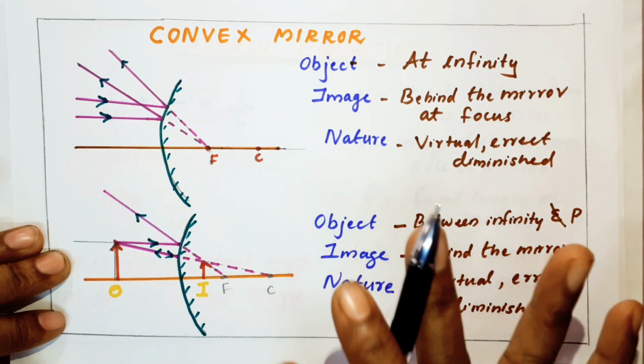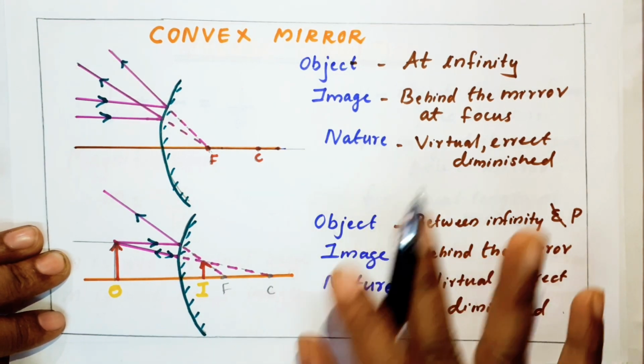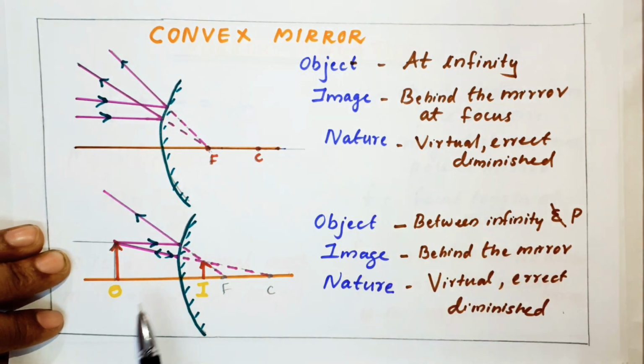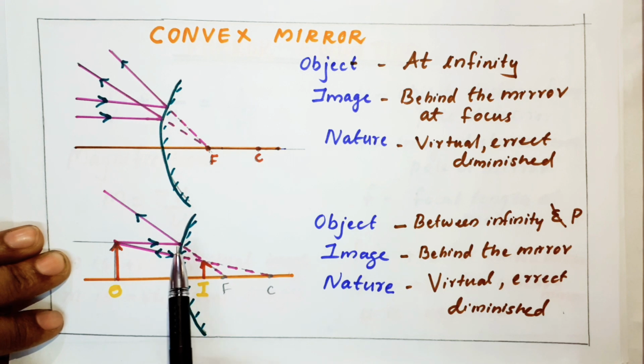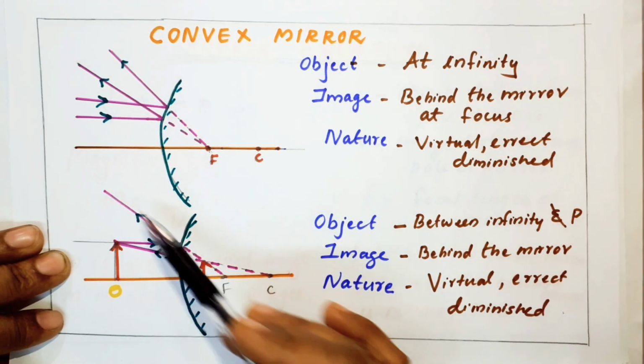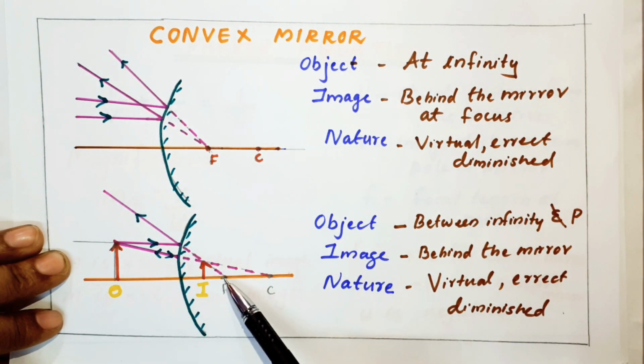Here I can't call it a size, we can't see it, right? We are telling it as a point-sized image. But if you see the next diagram, you can understand the difference. A parallel ray goes like this. So we are just extending it back and it goes to the point called focus.